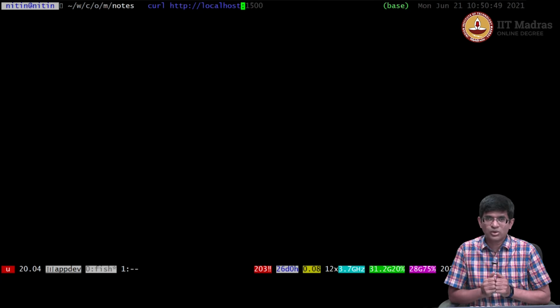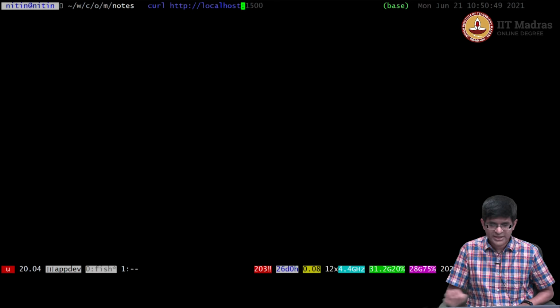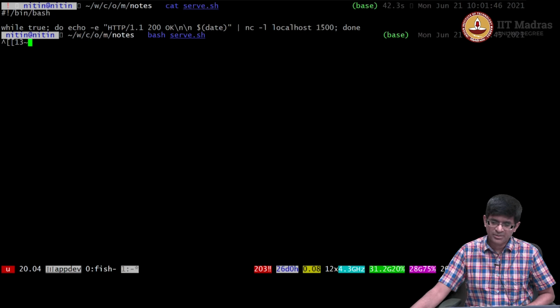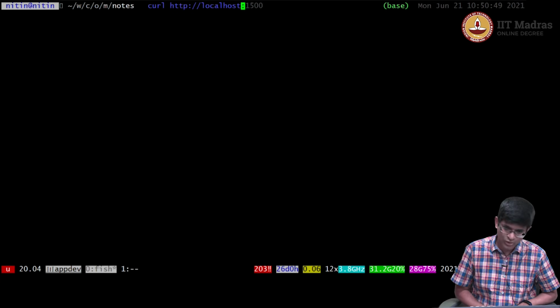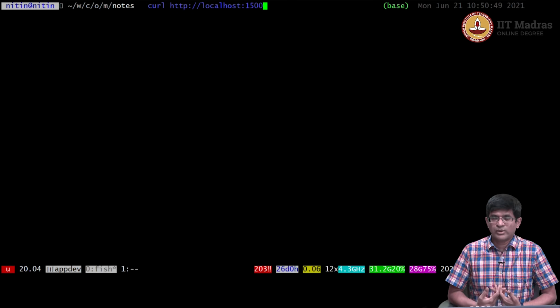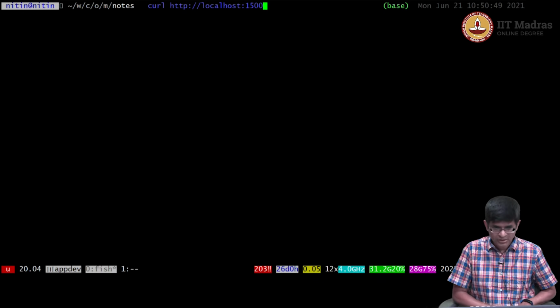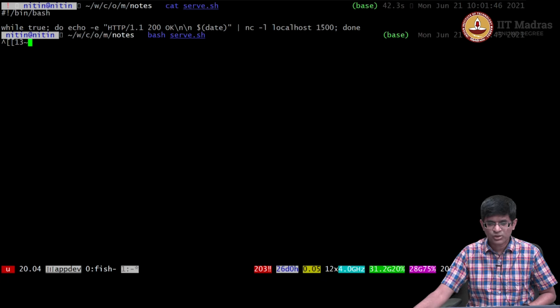So I am going to type in localhost, but one thing to keep in mind is, you remember what we saw earlier, this shell script is connecting on port number 1500, not on the regular HTTP port. So let me put that information in there. I just say localhost:1500, and now when I do this, can we think about what we expect to see? What was my server doing? It's just basically going to print out this information,